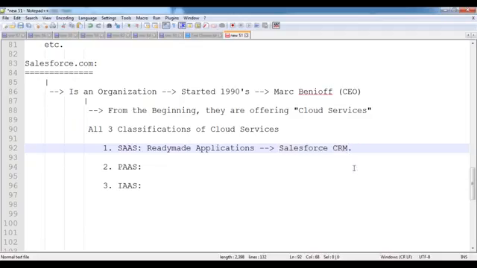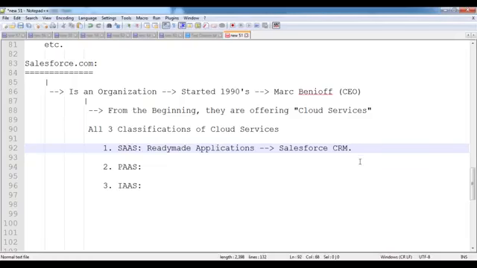By using this Salesforce CRM application, we can automate all our existing customers' information and the new customers' information in one place, and we can maintain the 360-degree view of the customer in one place. 360-degree view means what? We can maintain the complete history of the customer in one place. From capturing the customer till now, all the various interactions we had with the customer, we can store in one place by using this Salesforce CRM application.